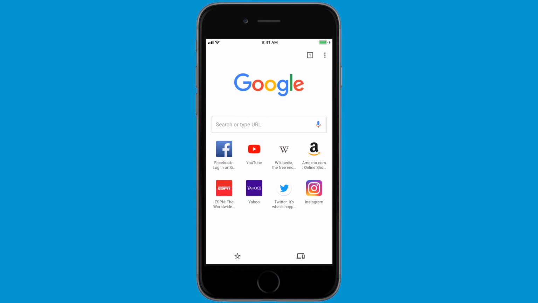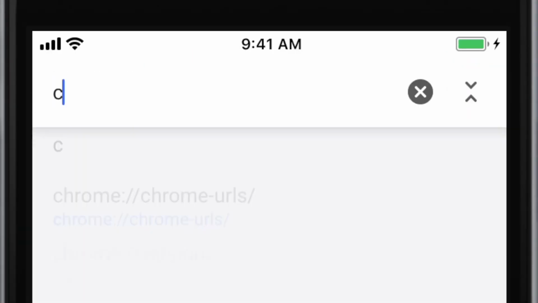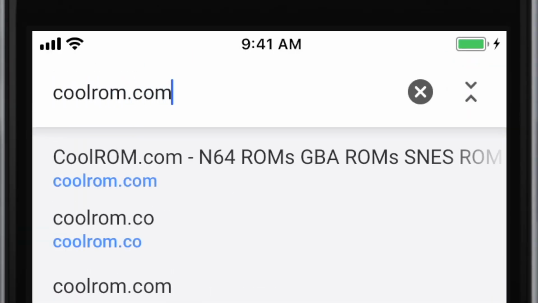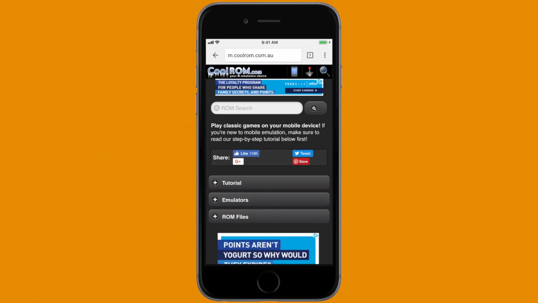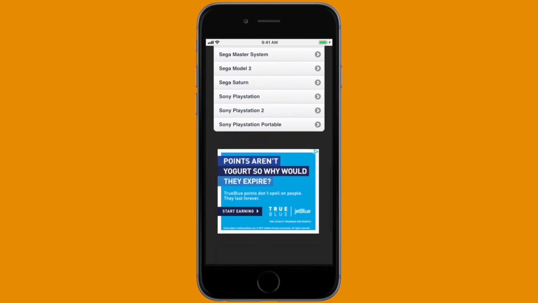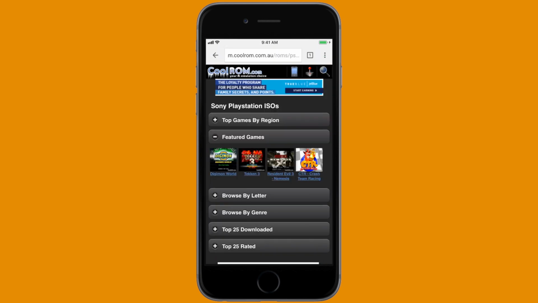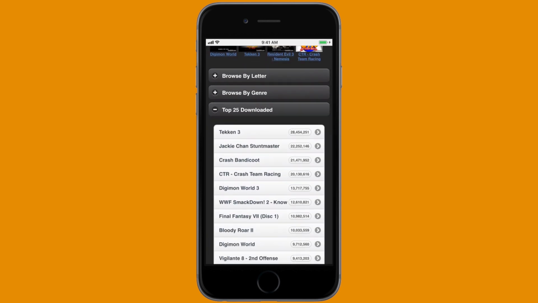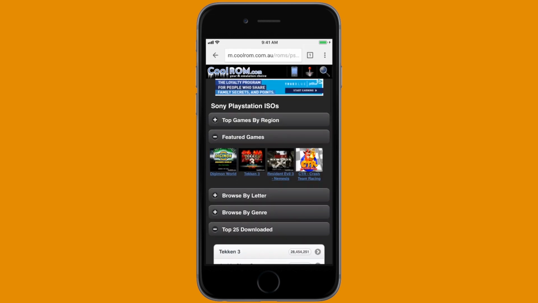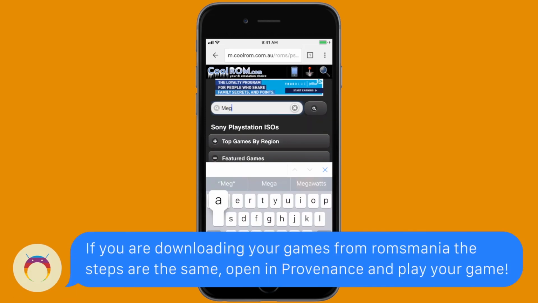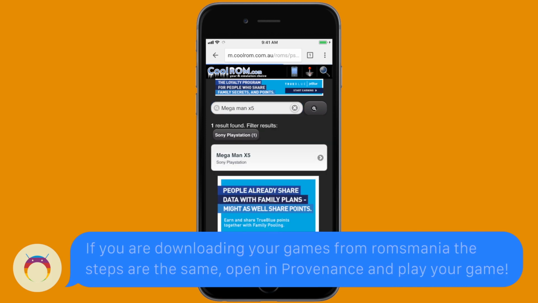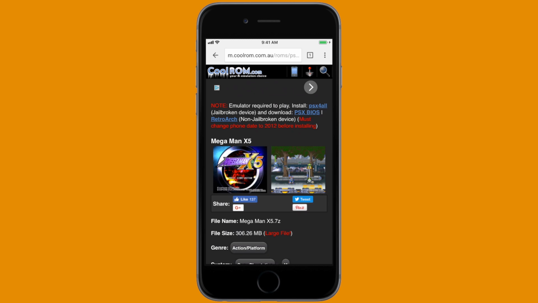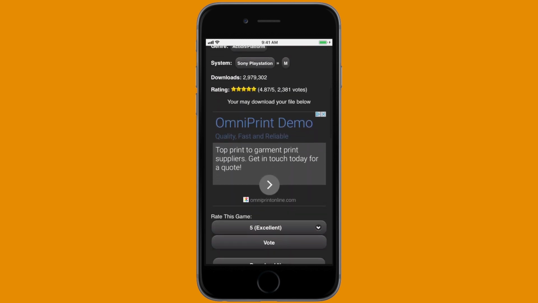So to do that, head to Google Chrome and type in the URL coolrom.com, and once you arrive on coolrom.com, you can search on ROM files, and then from there scroll down to Sony PlayStation if you want to get Sony PlayStation games, or if you want to get Nintendo games, CoolROM doesn't have any, but you can find them on romsmania.com, which I'll have linked in the description below. So if you're looking for Super Nintendo or Game Boy Advance games as Provenance plays them, you can find it on that webpage. But CoolROM is the best place to get Sony PlayStation games,